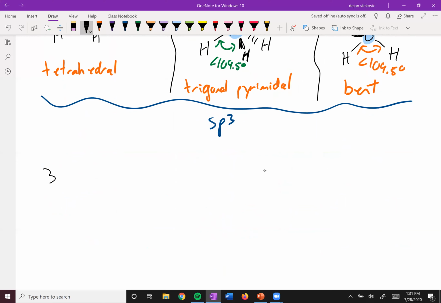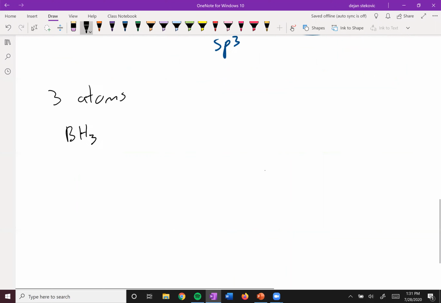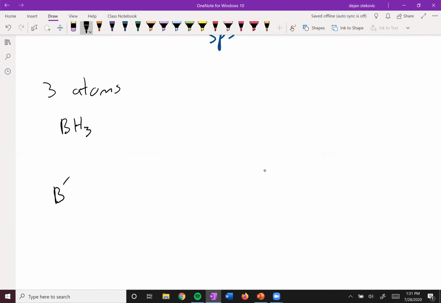Next up, we have this kind of 3 atoms approach, something like BH3, right? We have this boron, H, H, H, and then this shape right here is trigonal planar, where each one of these bond angles is 120 degrees. Another example would be this carbon,